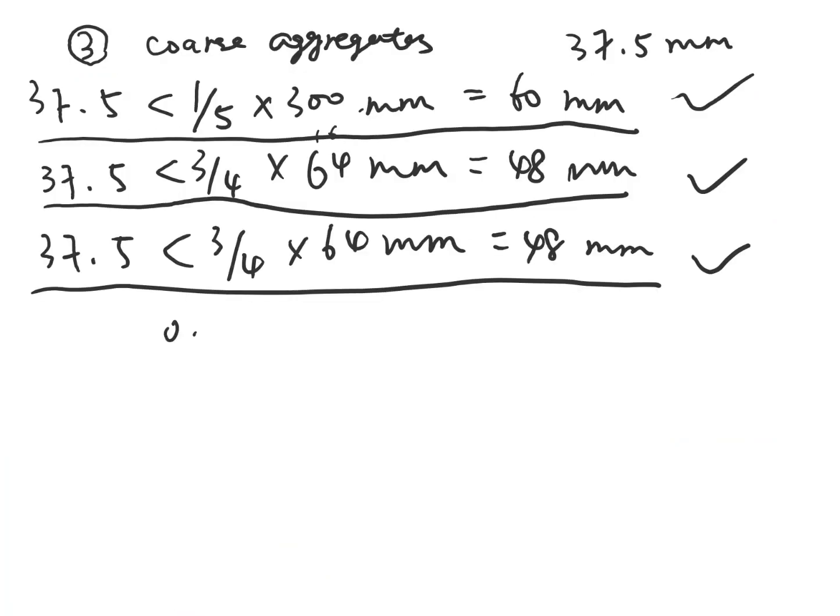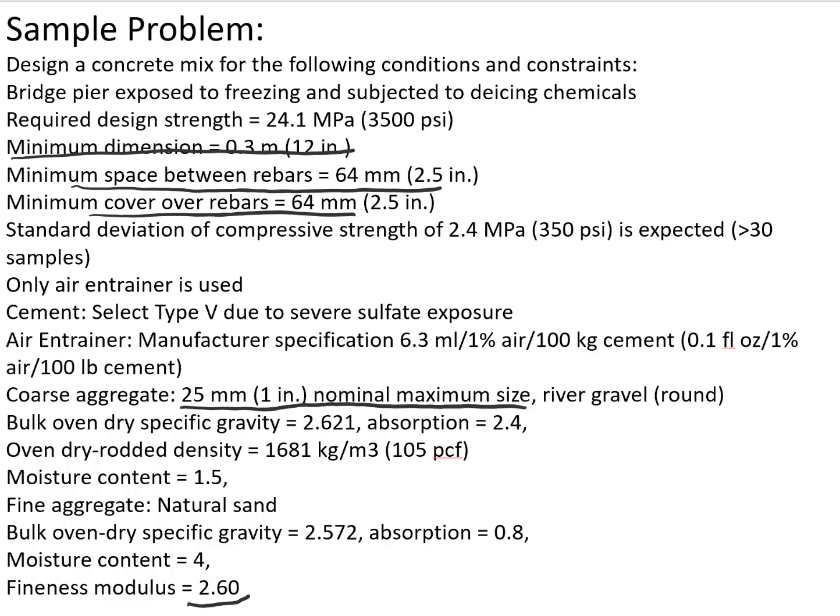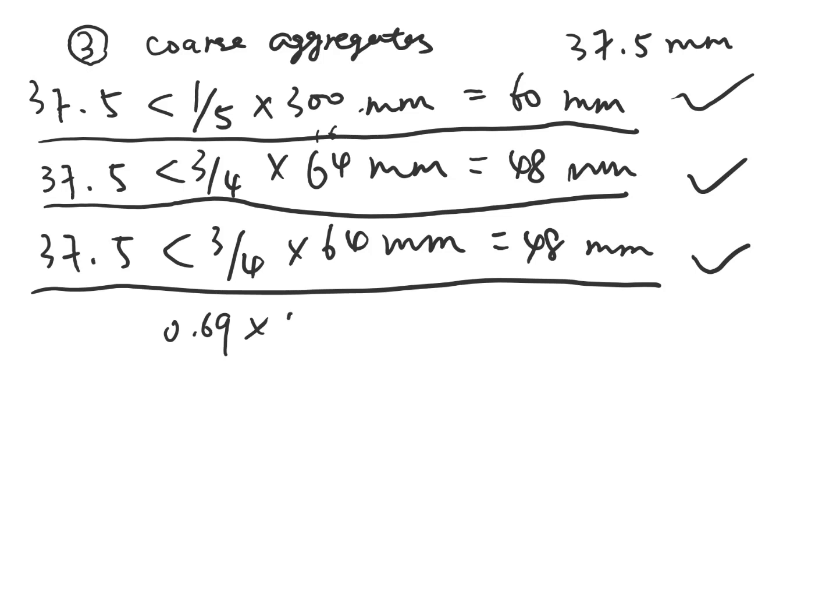So it's 0.69 times the oven dry rounded density or unit weight. So we use unit weight, which is 105 pound per cubic foot. So times 105,